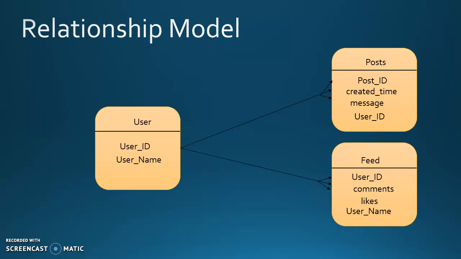So a user can access it only using his user ID and username, while the post can include details like the post ID, of course, and the time when it was created, and what was the content or the message included in that, and then who posted it, the user ID. Coming to feed, there again you have the user ID, the person who has posted it, his name, and we can also have the option to comment and like the feed they have posted.